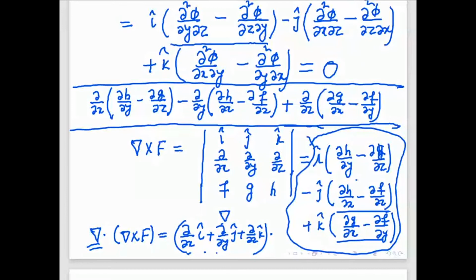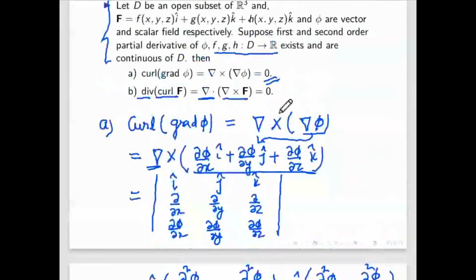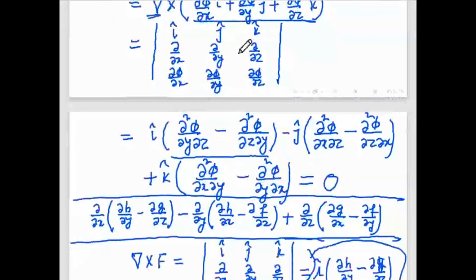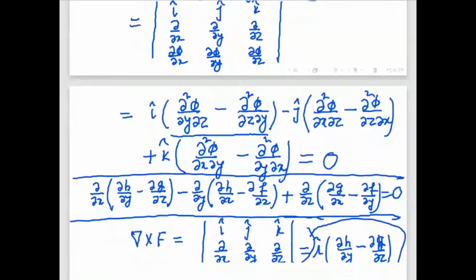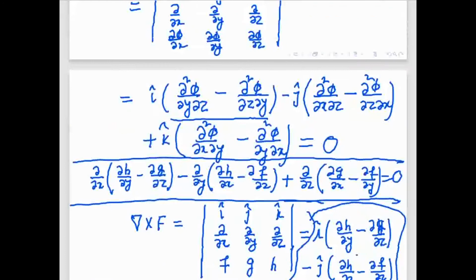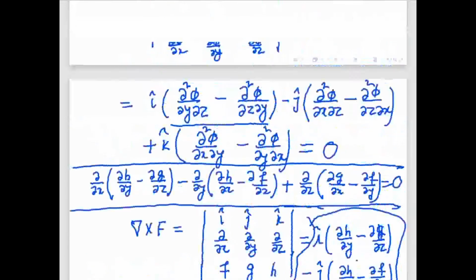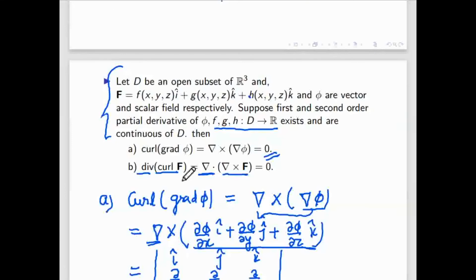Because f, g, h have partial derivatives that exist and are continuous, as given in this question, it will come del 2h by del x del y plus, and del 2h by del y del x minus. Both are equal, so it will be 0 because of mixed partial derivatives. So the overall sum will come 0. It will be 0 when f, g, h all have continuous partial derivatives, because then mixed partial derivatives are equal. So that is the answer of part B. Divergence of curl is 0, and curl of grad phi is also 0.